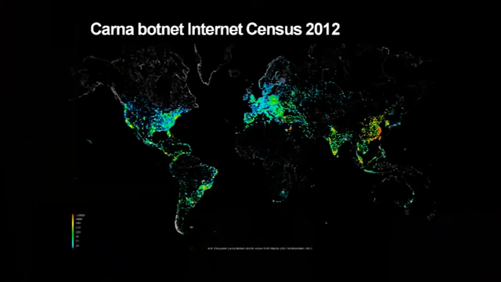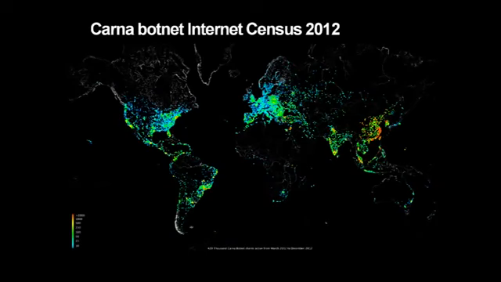Further inspiration came about a year ago from research on the Carna botnet. The Carna botnet was an experiment done by some anonymous people who may or may not be here, who discovered that if they did this kind of internet-wide probing of embedded systems, they found many systems that would allow them root access with just a short list of default passwords. That's my understanding. And using this technique, they compromised about 420,000 boxes.